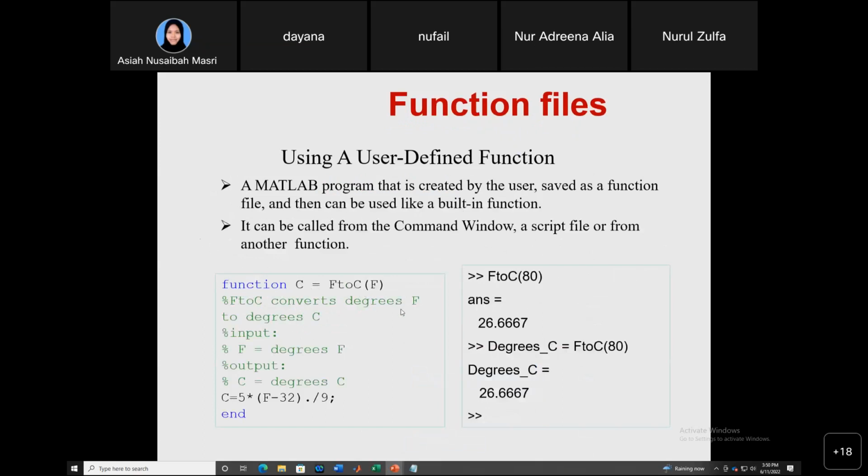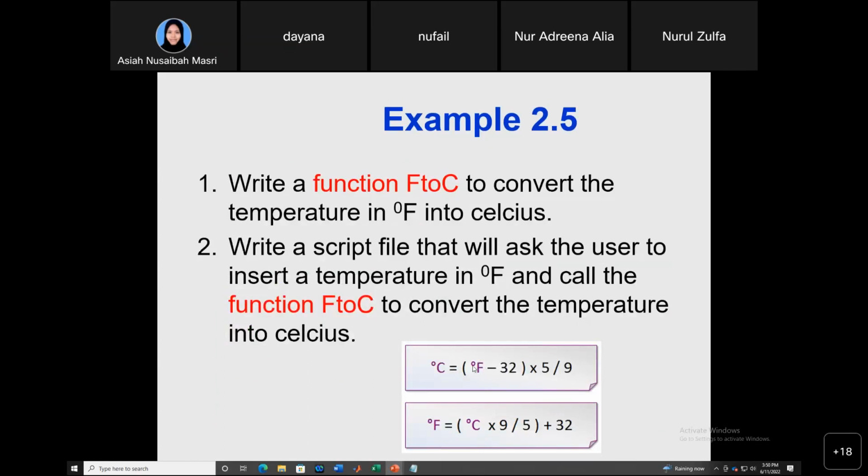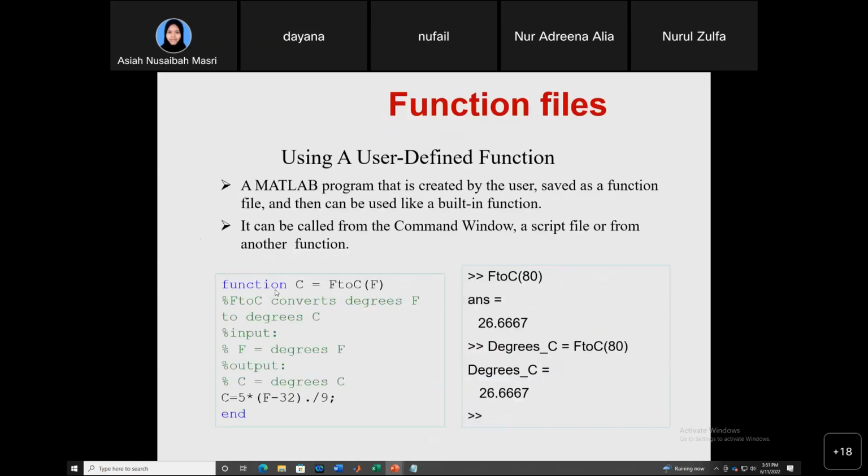So we know already the formula. We have Fahrenheit minus 32 times 5/9, and we can get the degree C. But if you have degree C and you want to convert to Fahrenheit, simply degree C times 9/5 plus 32, you get Fahrenheit. So here, we create the function file by adding the word function and then write the output,